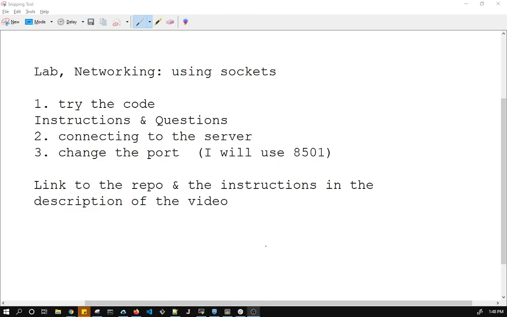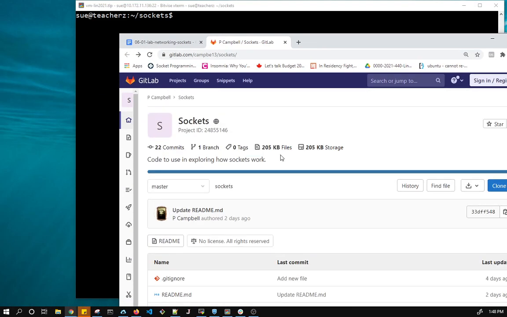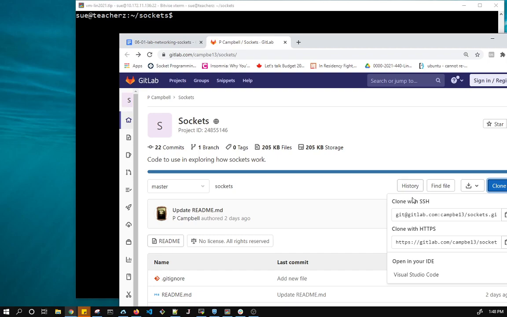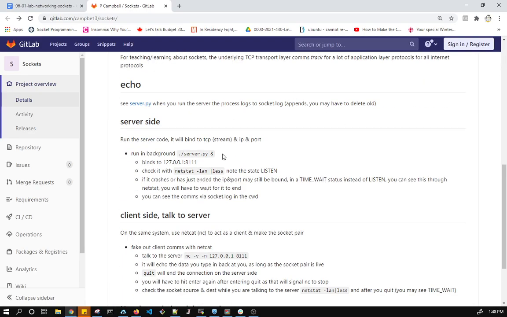So let's go ahead with this. As you can see here, I've already installed Git, and I used Git to clone the repository, and this is the repository. Let's have a look at it. If we look up here, there's the information. I used my SSH key; you can use whatever you want. Sorry, that should be bigger. And as we see in the README,